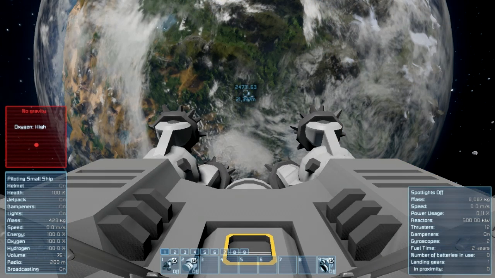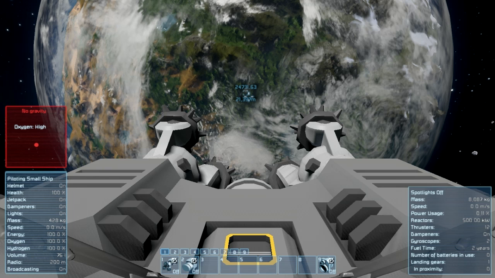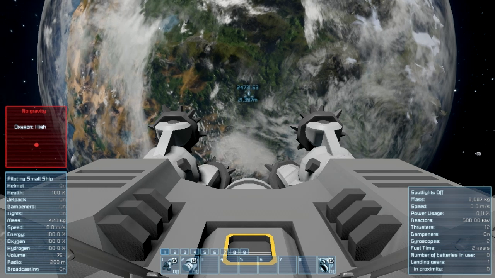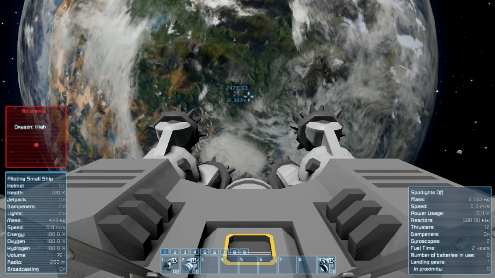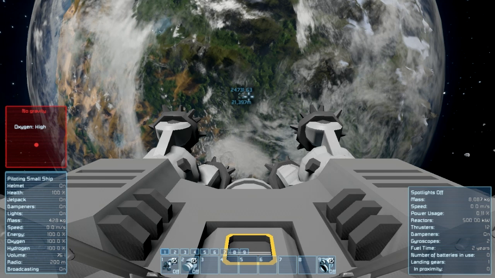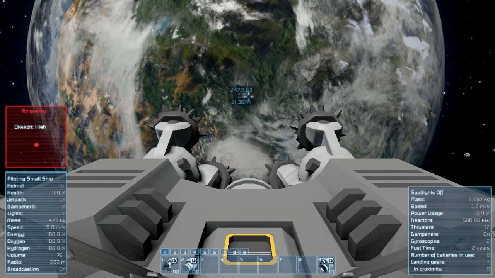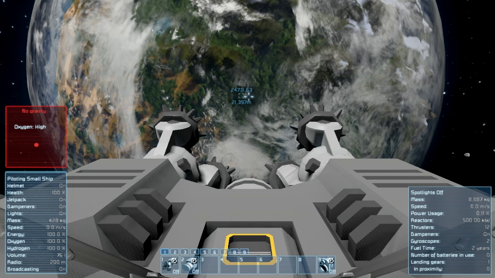Alright, I have arrived at the newly created planet, and you'll see there with the marker for it that there are two numbers. The number above it is, I believe, the radius of the planet, and the number below that marker is the distance to the center. And the reason I say that it's the distance to the center, you see, I actually approached the planet, and I took my time doing so because I didn't want to get caught by surprise in the gravity. And so as I got closer, I slowed down, and as soon as the gravity field showed up on the meter over there on the left-hand side,